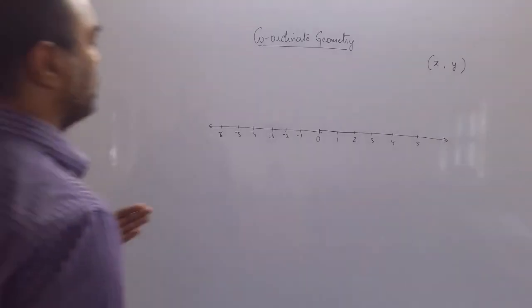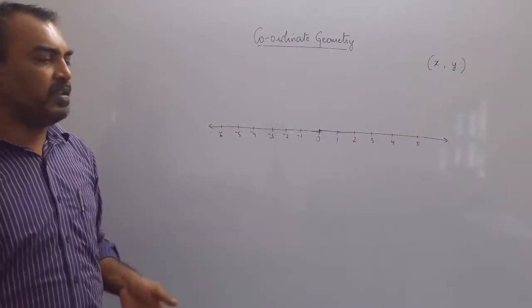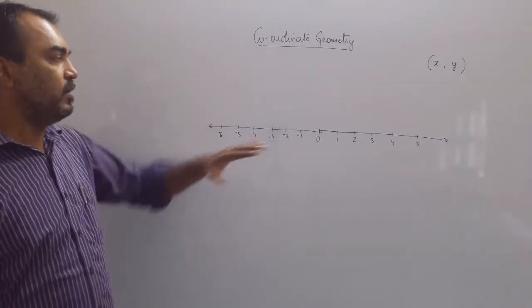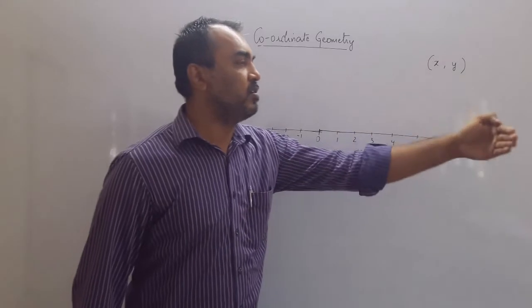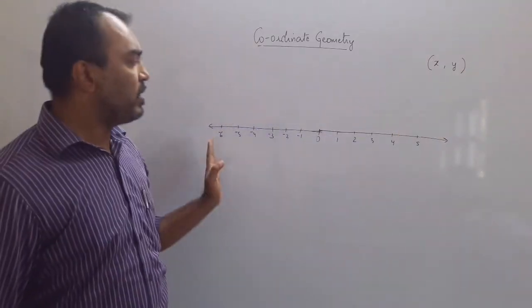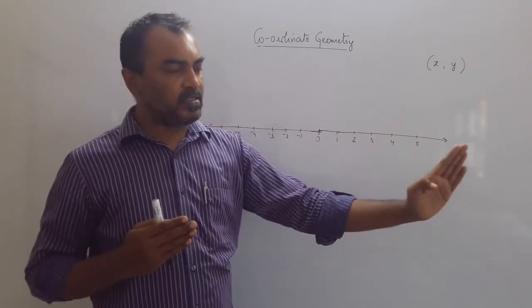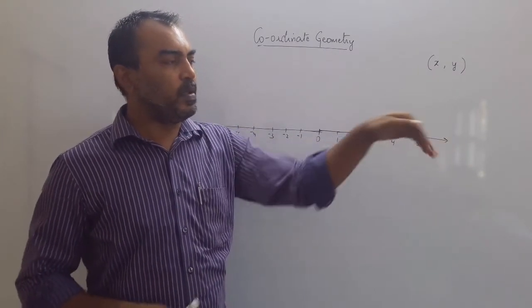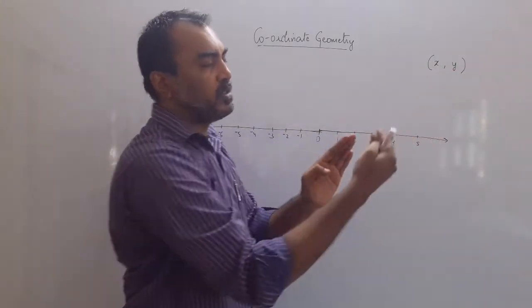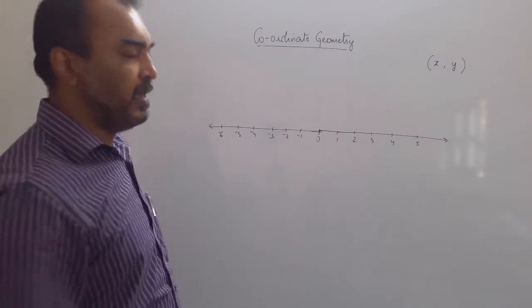So in simple terms, if you are standing in a line, how do you stand in the line? Whenever people stand in the line, you make them count 1, 2, 3. The first child, second child, third child, fourth child, and all. But if somewhere in the middle you take 0, then on the other side, if you say positive, this side will become the negative. But this is for people standing in the line.